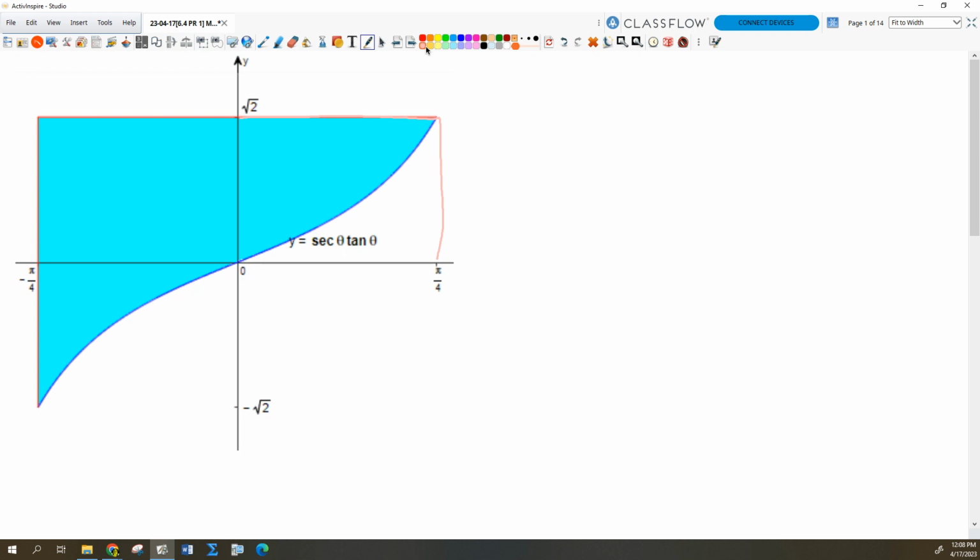Isn't the shaded area just the total red area, which is all that stuff, minus the blue area, which is, let's not make it blue, let's make it purple, minus the purple area under the curve? Red minus blue is cyan, or red minus purple is blue. Everybody agree? Okay. It is. And here's the reason why: